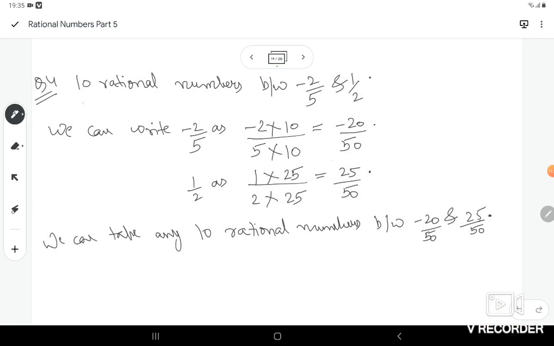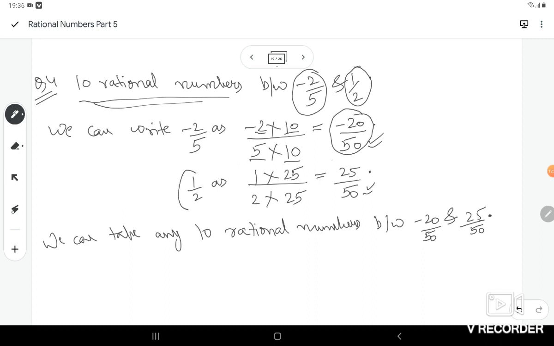Now next question says find 10 rational numbers between minus 2 by 5 and 1 by 2. Now we can make the base, that is the denominator, such that there can be minimum 10 rational numbers between that. So we know that the number 50 comes in both the table of 5 as well as the 2. So we make the denominator as 50 by multiplying 5 multiplied by 10 and numerator with minus 2 multiplied by 10, that comes to be minus 20 by 50,